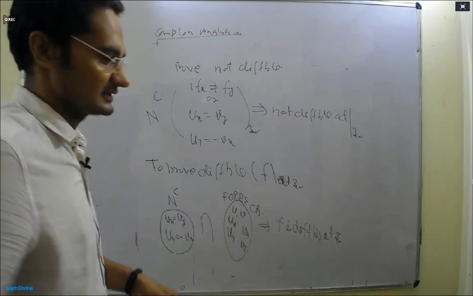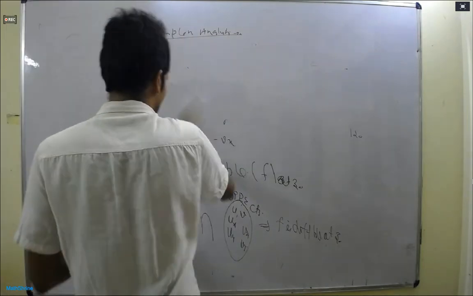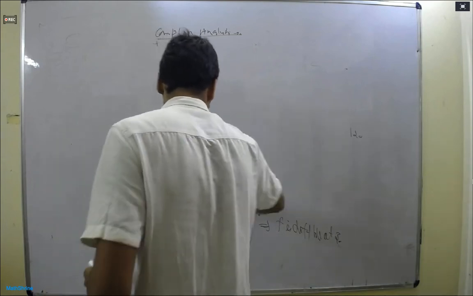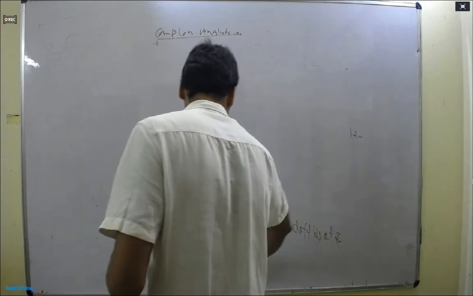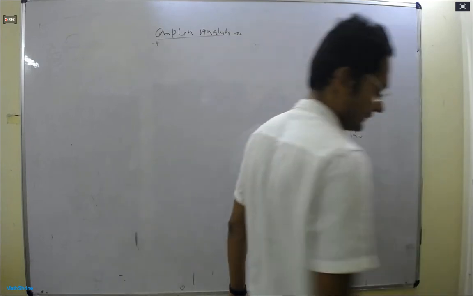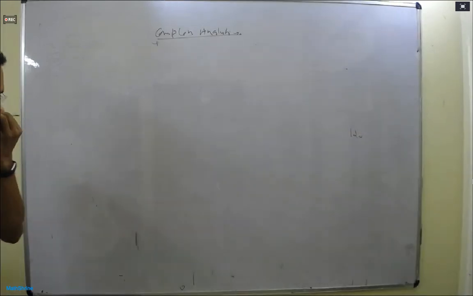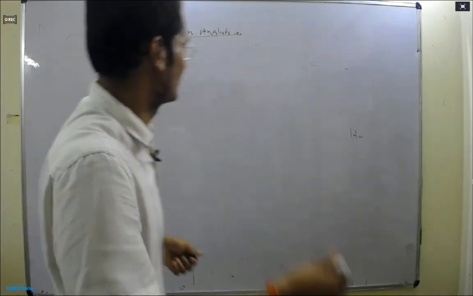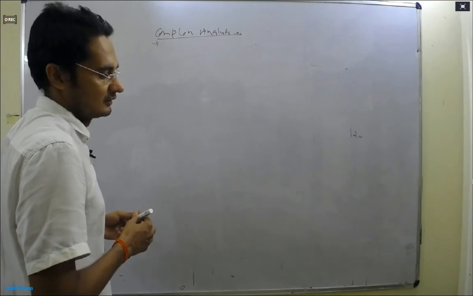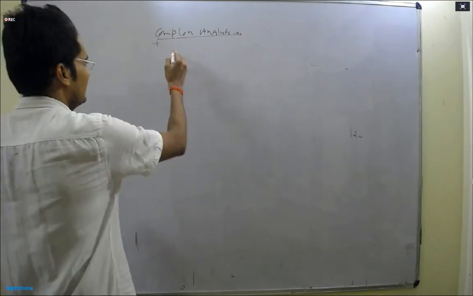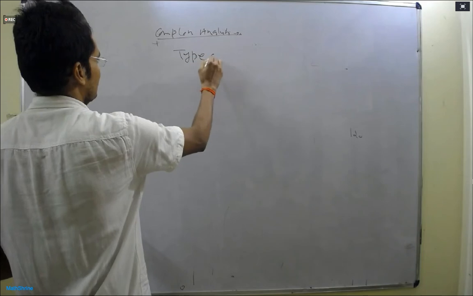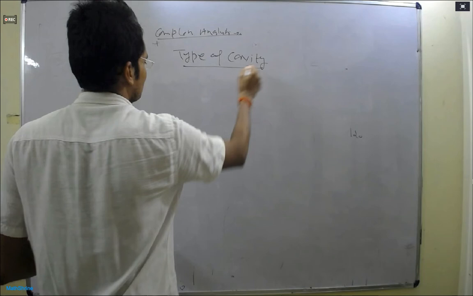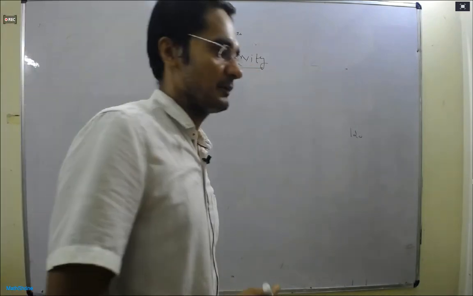Some examples. So in the last class we discussed this in detail, right? I think we reached analyticity also, right? Sir, we were about to start the types of singularity. You have told us about the three types of singularity, up to that. Okay, so write the types of singularity.